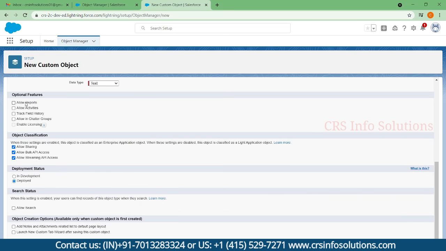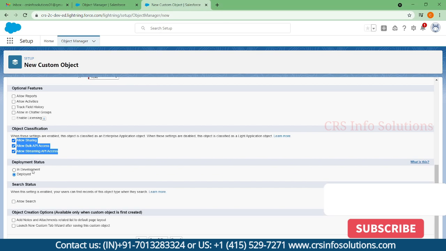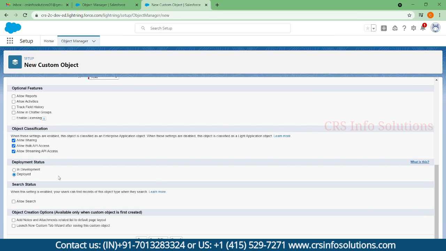This option allows the object for reports, this allows activities, this allows track field history, and this option allows Chatter groups. Other options you can leave on default, and while creating an object it should be in Deployed status, then only it will get created.